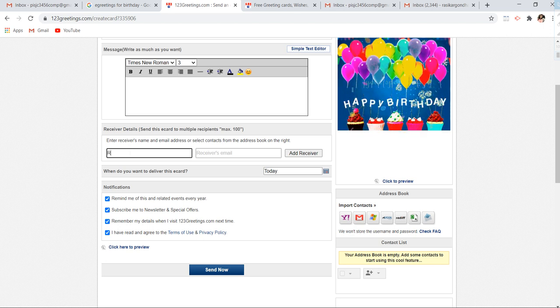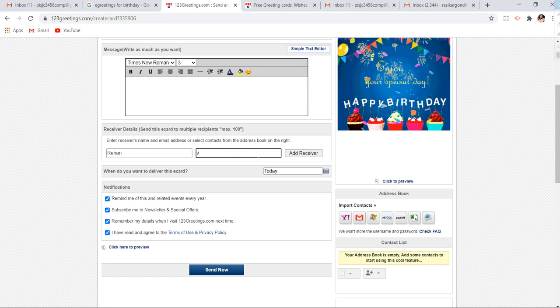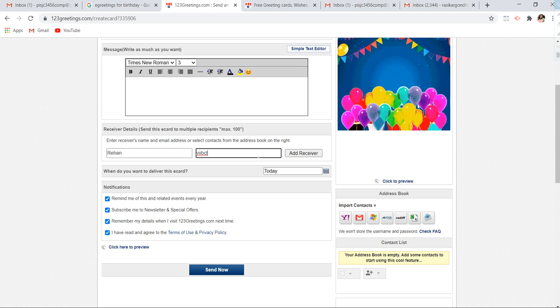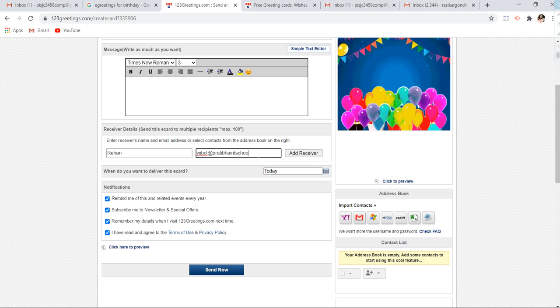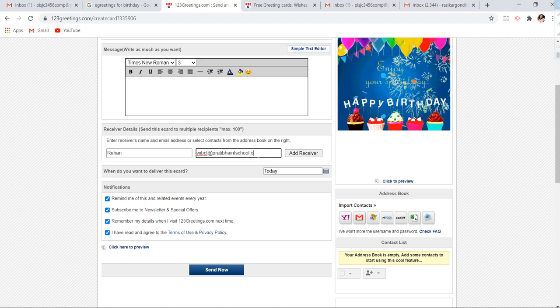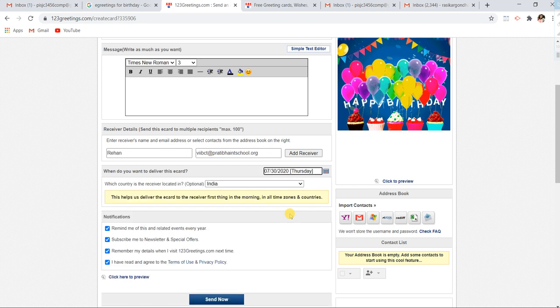Suppose I am writing receiver's name as Rehan, and receiver's email ID I am writing as 7bct@pratibhaintschool.org. So now I am writing this, and I want to send it today itself.